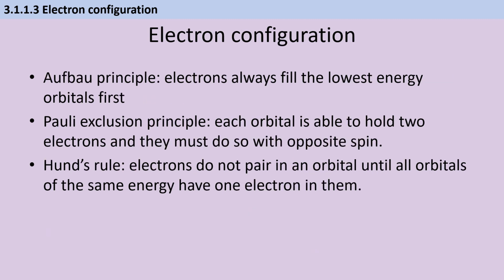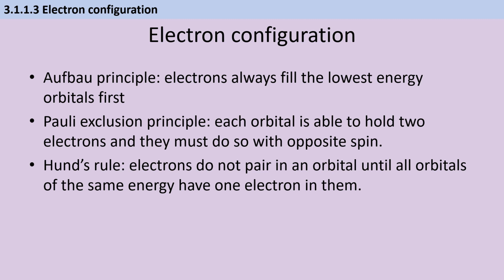There are 3 key principles for arranging electrons in atoms. We always work from the lowest energy to the highest energy. For instance, we always put things in s subshells before we put them in p subshells. The second rule is that within any particular orbital, 1 electron spins up and 1 electron spins down. And the third rule is that we don't start pairing electrons in orbitals as long as there are other orbitals free in the same energy level. We're going to put electrons into them separately,